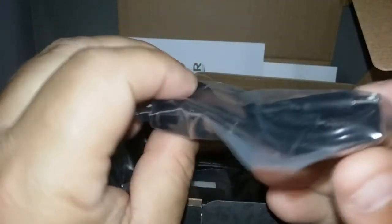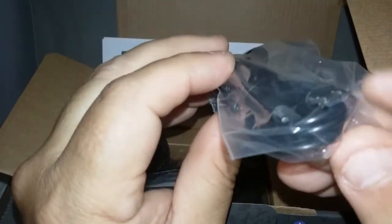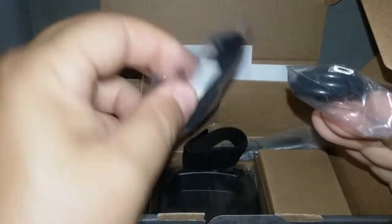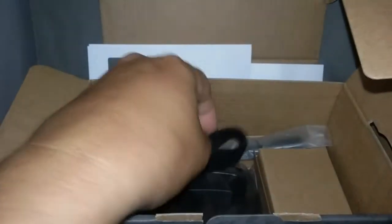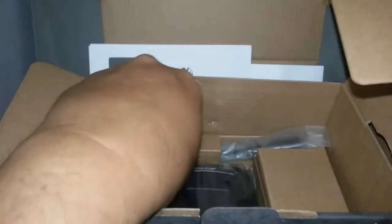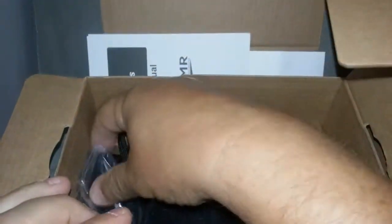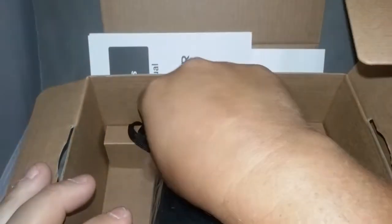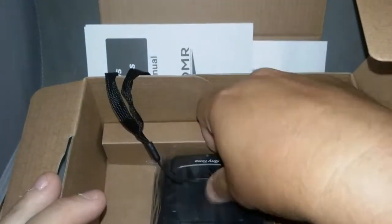And I heard that on this one they give you a second little jack, so you can charge a second Bluetooth device. So you can charge the Bluetooth push to talk, and if I have a Bluetooth headset, I can charge that. There's our belt clip, the strap for the Bluetooth device, the dual band antenna. This time it's got no color, no slants. The little wall wart charger, charging cup, Bluetooth device, battery wrist strap,